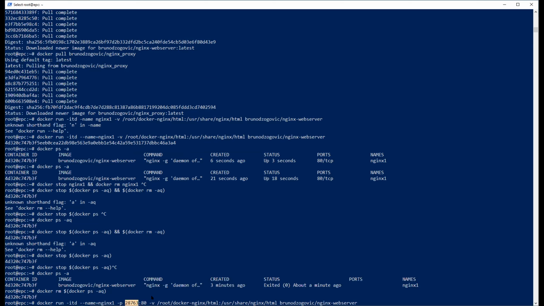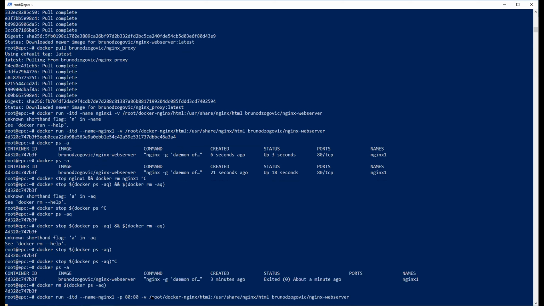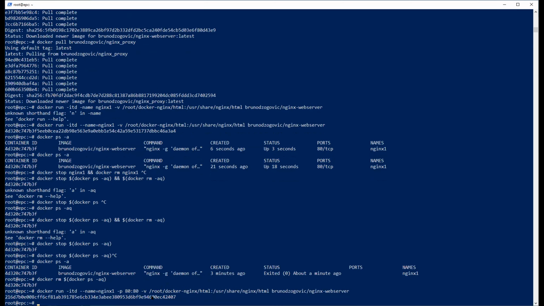When you're accessing the web server from outside on this port, it will always go to port 80 inside the container. So if you do this, the container will be accessible from outside on your public IP address in the instance.